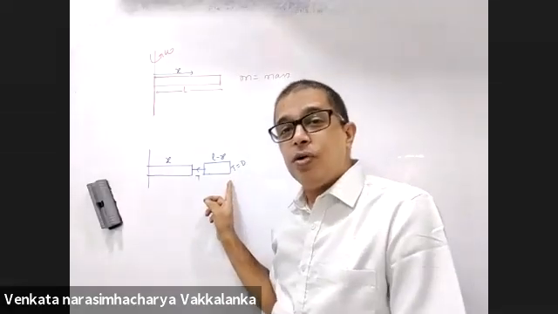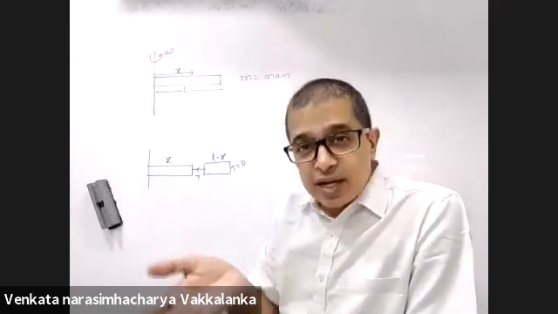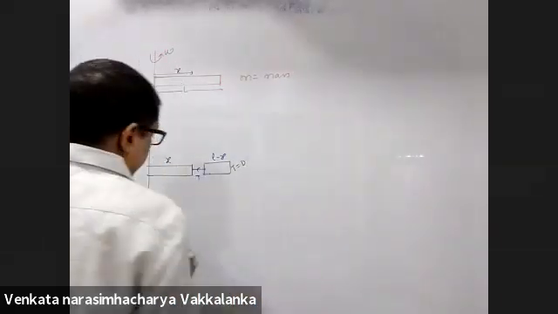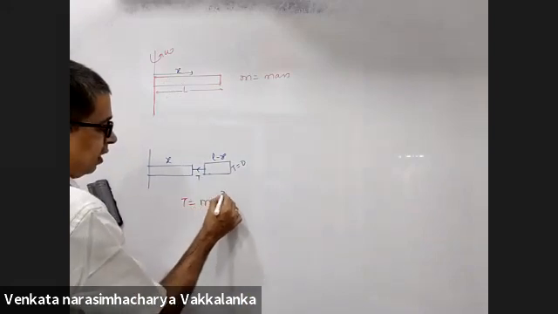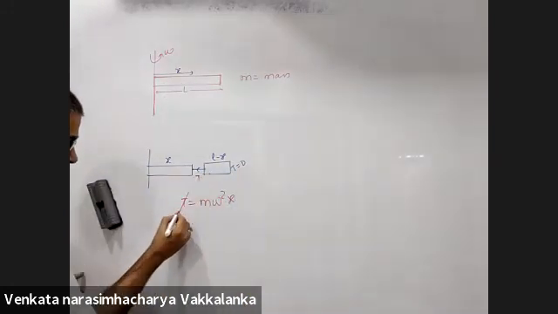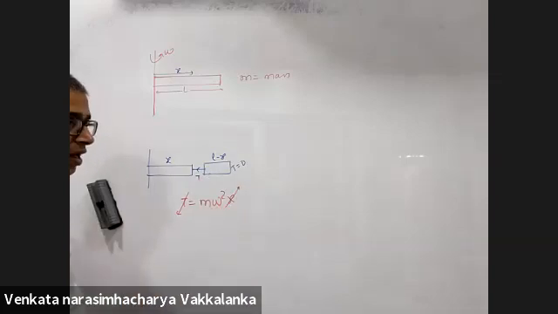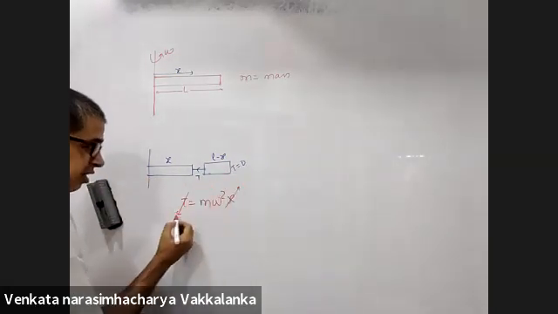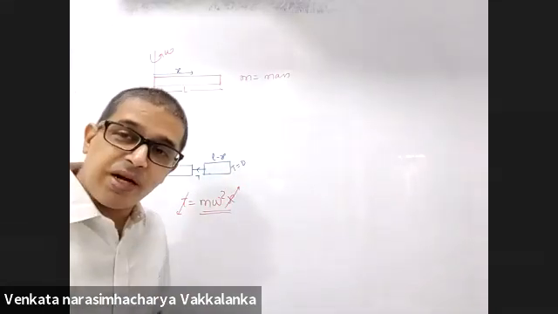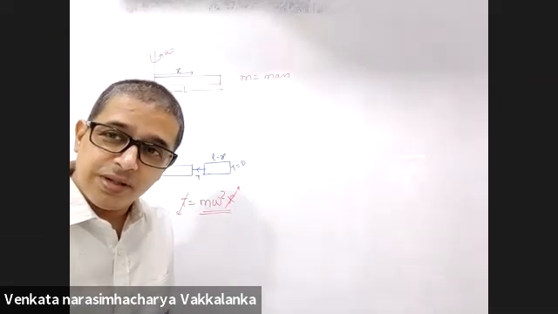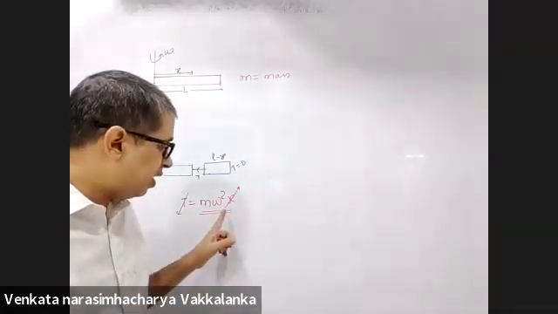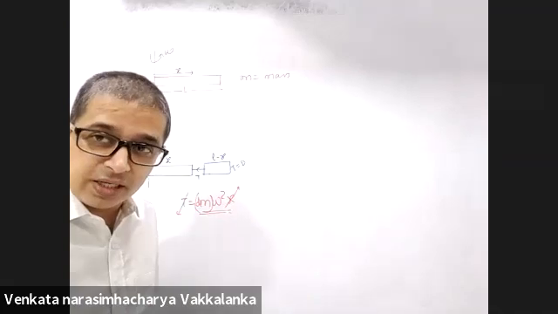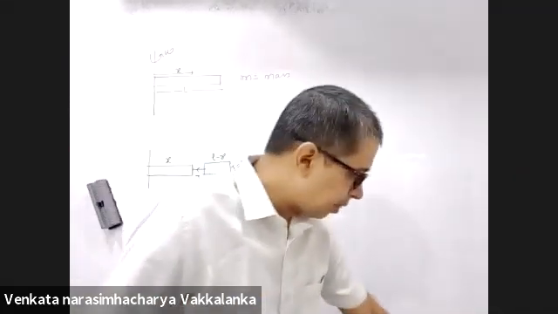But centripetal force is increasing: omega square x, omega is constant, x is increasing. If I tell you the tension provides the required centripetal force m omega square x, as x is increasing, tension is decreasing, and this is a dangerous thing. There is a contradiction. As I move to the right, tension is decreasing, but the required centripetal force, dm omega square x, is increasing. Do you see the contradiction? Yes, sir.